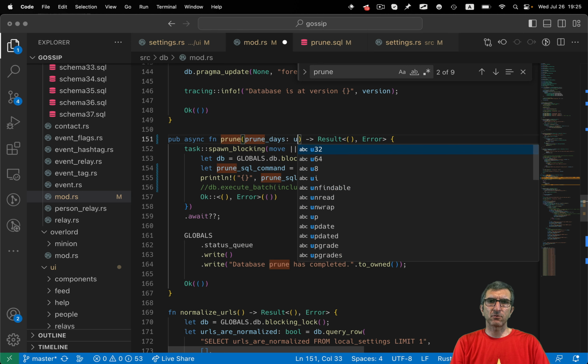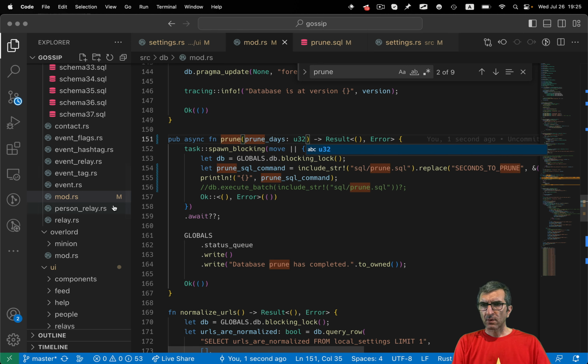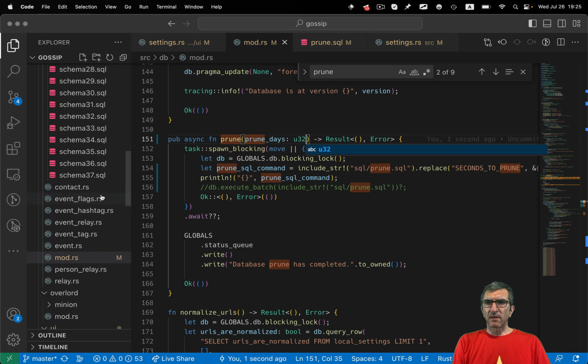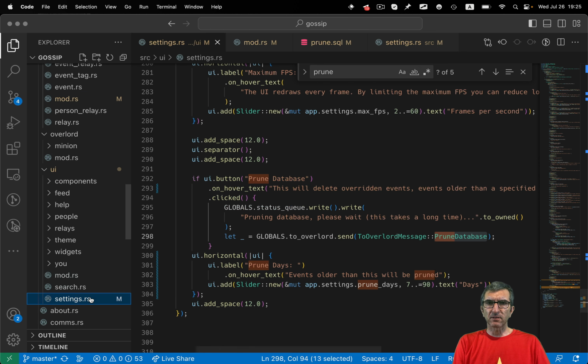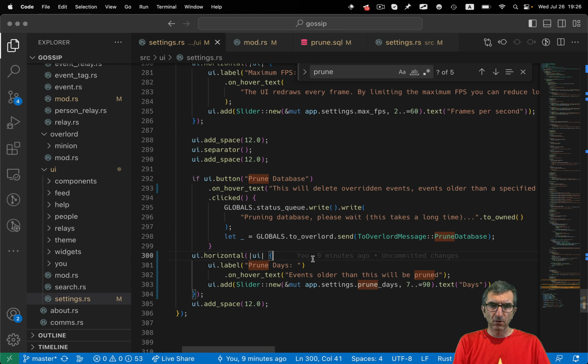Prune days U32. Let's go step by step backwards. I had this, then on the settings, when I was calling this, I was going here. I have to pass my number here.